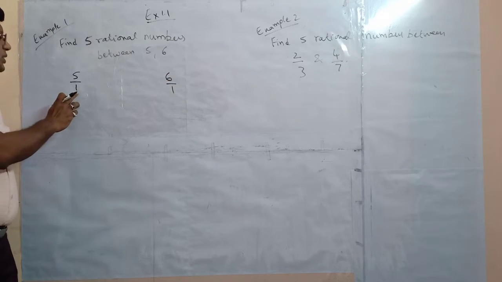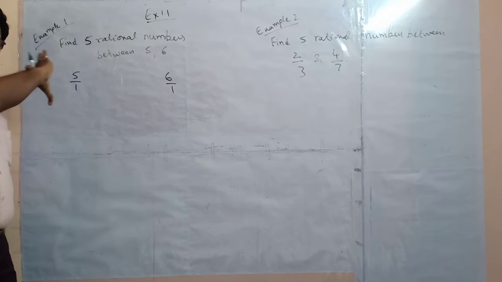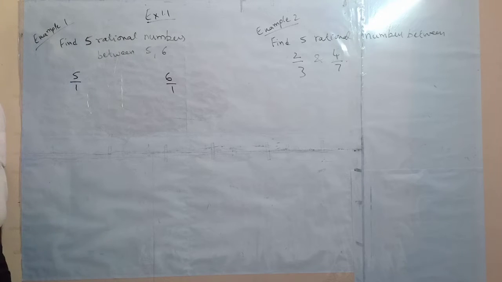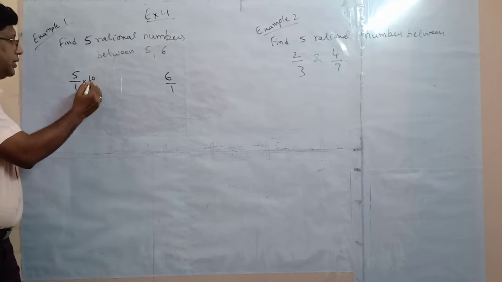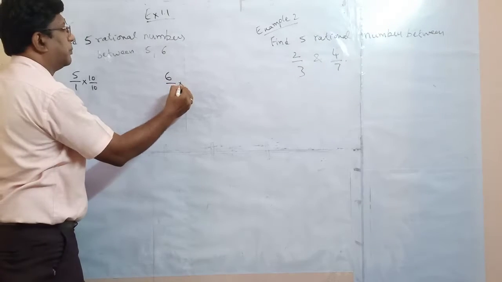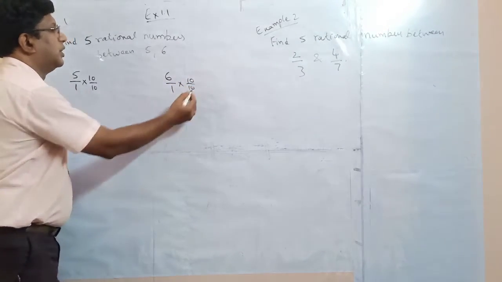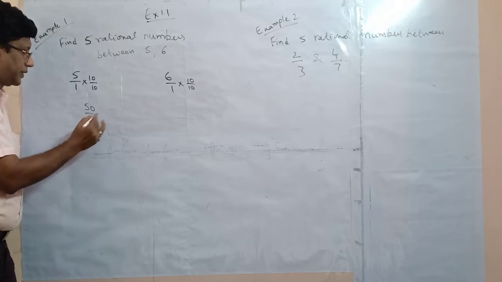Now, I want to change the denominator to some other value, but the value of the rational number will be the same. How do I do it? I multiply with 10 by 10, whose value is 1. When you multiply the given expression by 1, it will not change its value. I have taken 10 by 10 because 10 is a very simple number and I want only 5 rational numbers. Here also multiply by 10 by 10. What do we get here? We get 50 by 10